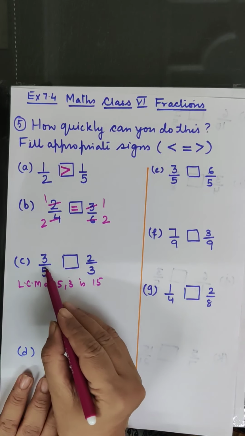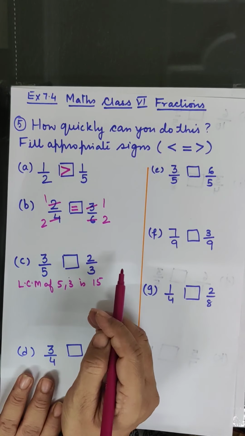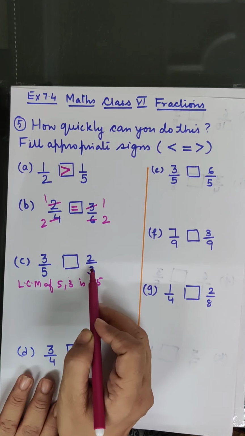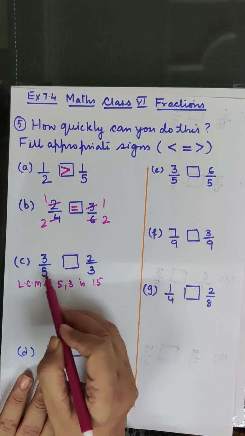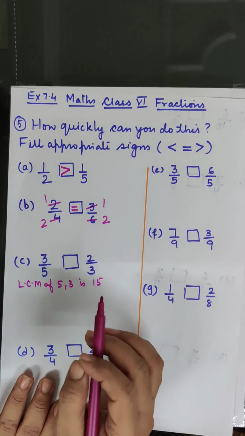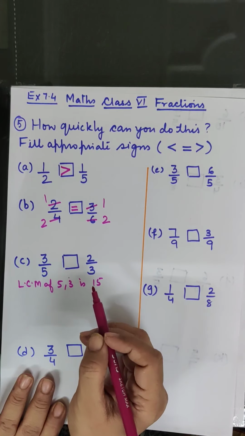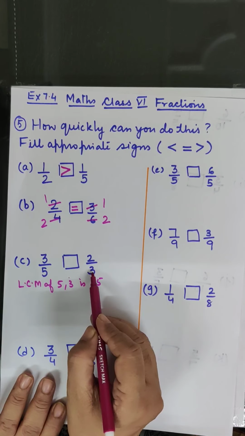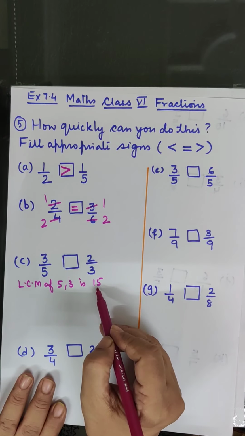मतलब कहने का ये है कि इन दोनों फ्रैक्शंस को हम लाइक फ्रैक्शंस में कन्वर्ट करेंगे. लाइक फ्रैक्शंस में कन्वर्ट करने का मतलब ये हुआ कि इन दोनों के डिनोमिनेटर सेम होने चाहिए. अब वो डिनोमिनेटर सेम तो होने चाहिए, पर क्या होना चाहिए वो हमें पता चलता है जब हम इन दोनों का एलसीएम लेते हैं. वो आ गया 15.